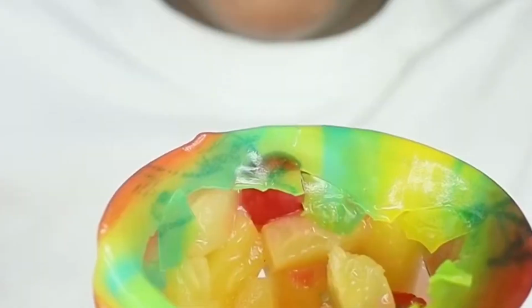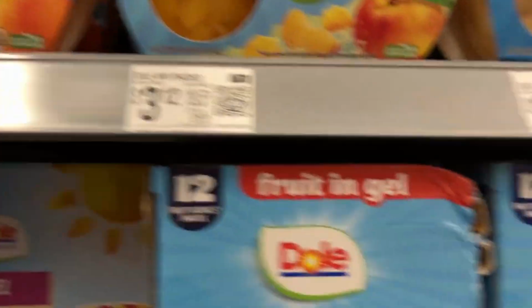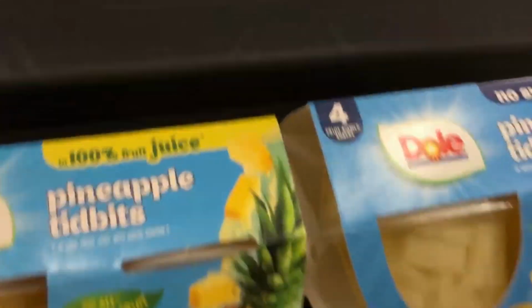The cups that actually hold up, Dole's 100% juice bowls, Del Monte's 100% juice cups, and fresh cut fruit, all share one thing. Fruit is the actual product, not a prop for something sweeter. So next time you're at the store, flip the cup over before it goes in the cart. If the liquid isn't 100% juice or water, put it